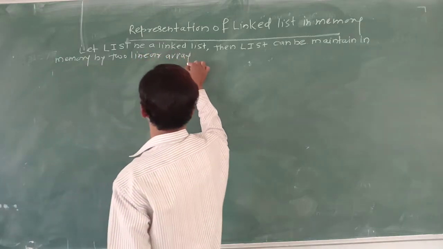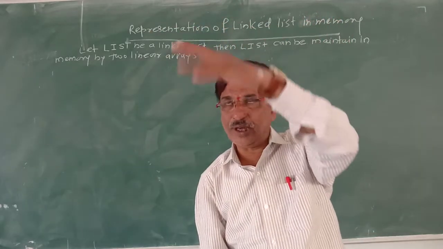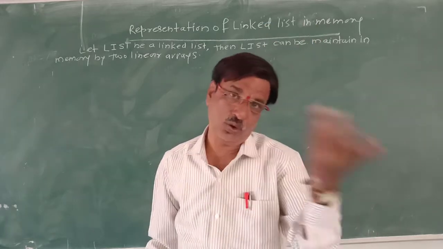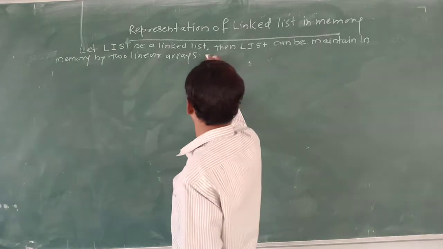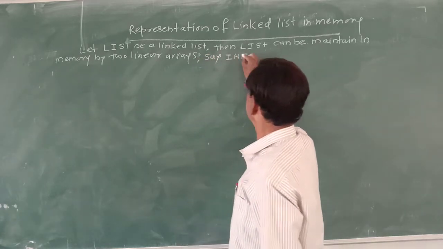The two linear arrays should be parallel. Why? The first array will contain only info, and the second array will contain the addresses of the next nodes. So we'll name them info and link,